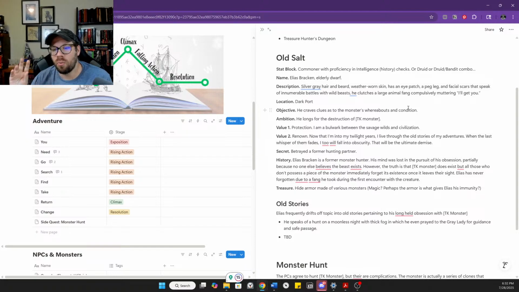Maybe we want to account for the eye patch, the peg leg, and some of his memories and time-honored knowledge of this creature. We can do that by just putting little comments with the stat block without having to create something completely new.